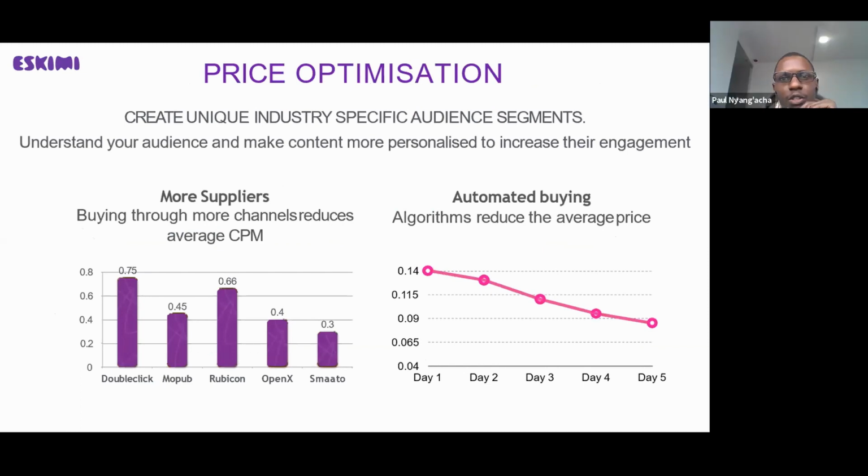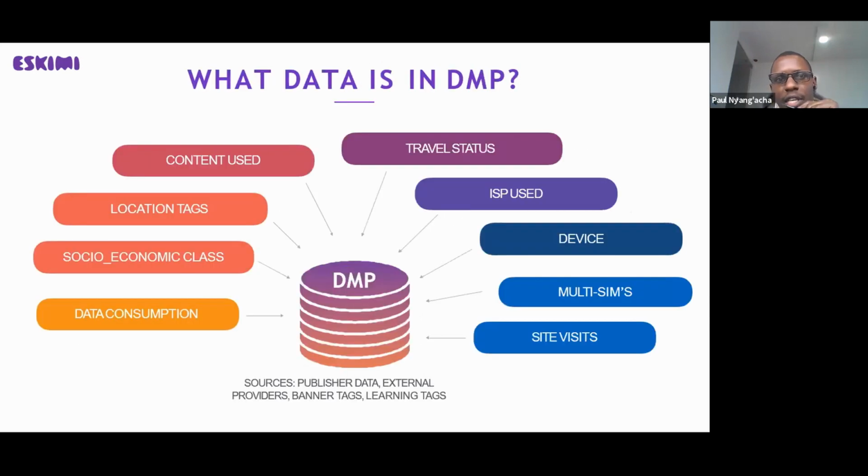So on price optimization, I already mentioned this. The thing is that if you have more suppliers, it means that you're buying through more channels, a wider reach, and also because the buying is automated, you're getting an average price. So the price is optimized because you're using Programmatic. So the data that I was speaking about, Eskimi has its own data management platform. So segmented, we have very many different segments based on this, because